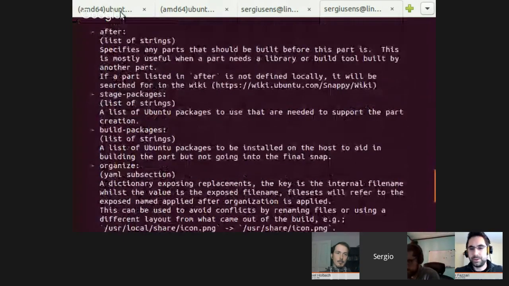Sorry to interrupt, but you mentioned the simplicity in writing a plugin. Do we have any documentation regarding that you can point people to? Okay, so